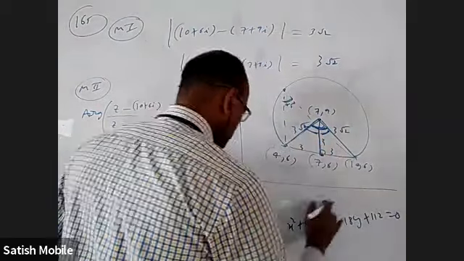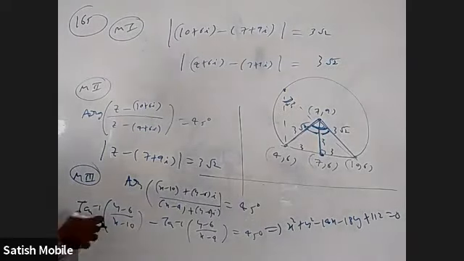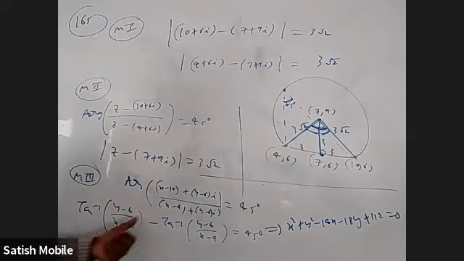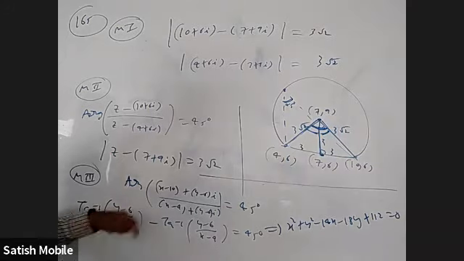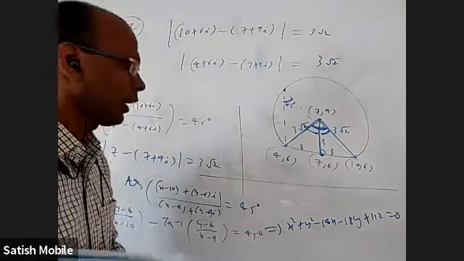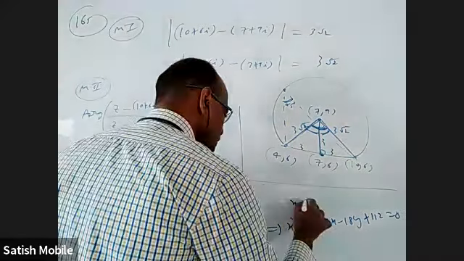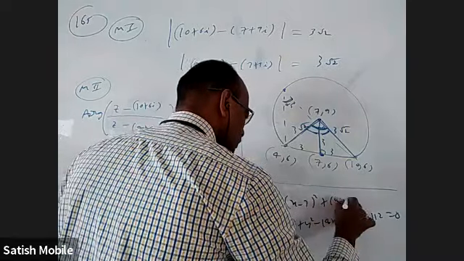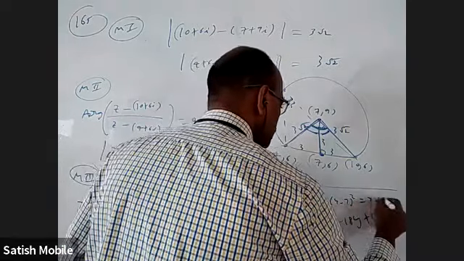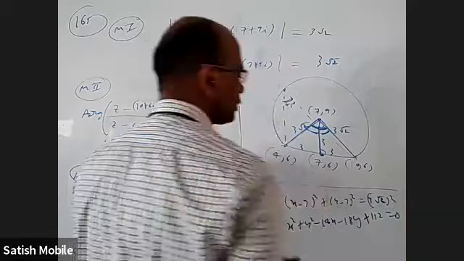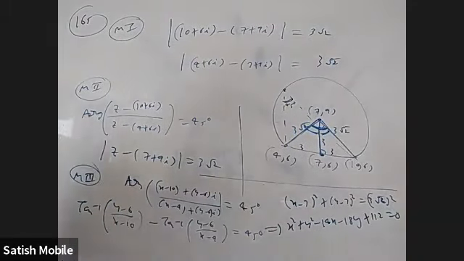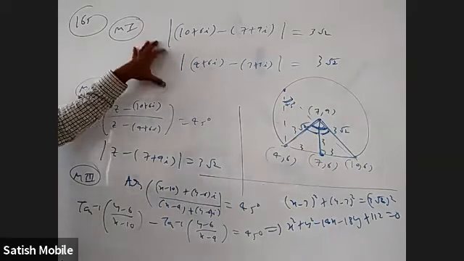So when you expand this and simplify using the inverse trigonometry formula, tan(a minus b) equals tan a minus tan b by 1 plus tan a tan b, you get this. And that can be written as (x minus 7) whole square plus (y minus 9) whole square equal to (3 root 2) whole square. Now we understand it is a circle with radius 3 root 2. Of course, all the 3 methods are important, because this one is a little common sense.